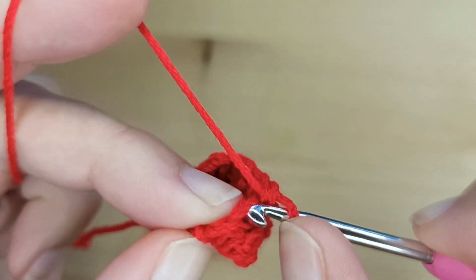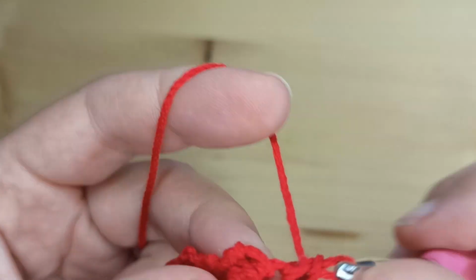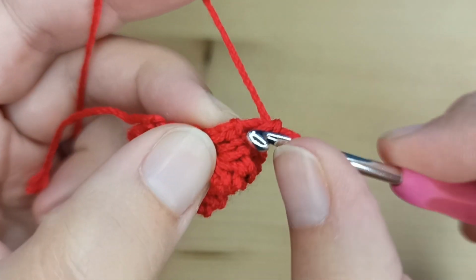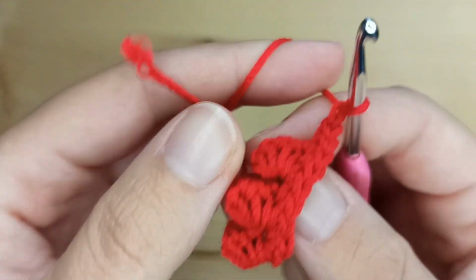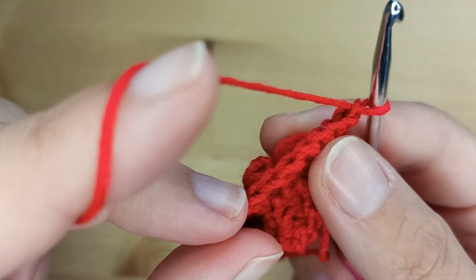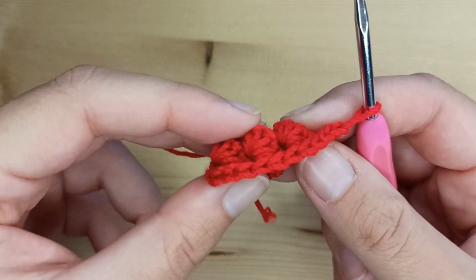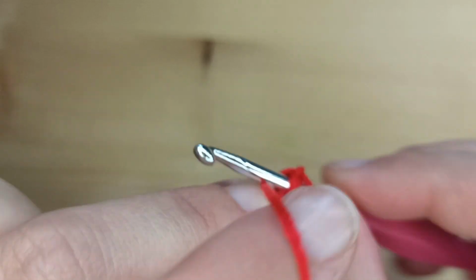And in these 2 last ones again we'll make increases. So in this first we'll make 2 single crochet in the same stitch, and in the next one 2 single crochet in the same stitch. Now again chain 1 and turn your work. So as you can see, here we will work just bubbles, and in these rows that we don't work bubbles, we will make increases. So now instead of 7 we have 11 stitches, and again in this first stitch we'll just work single crochet,